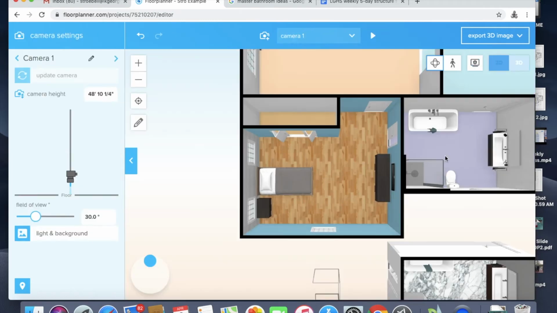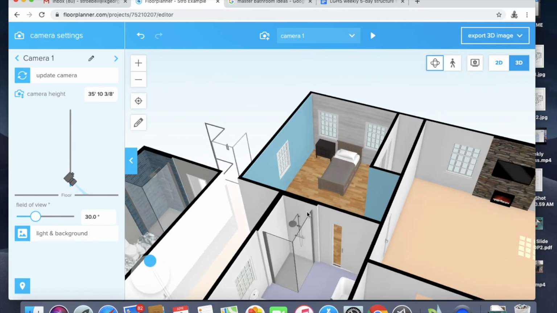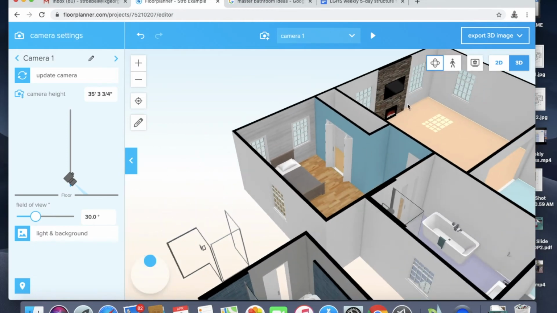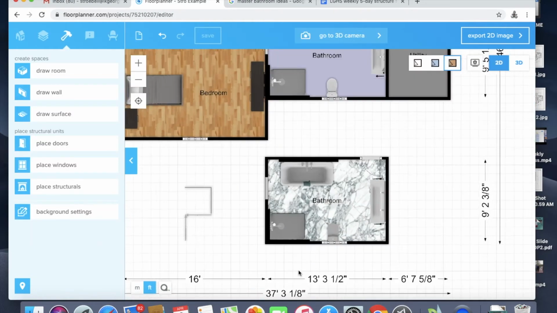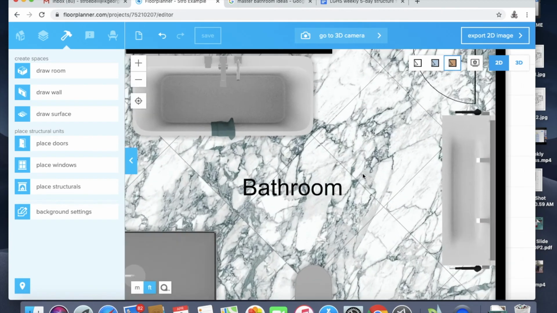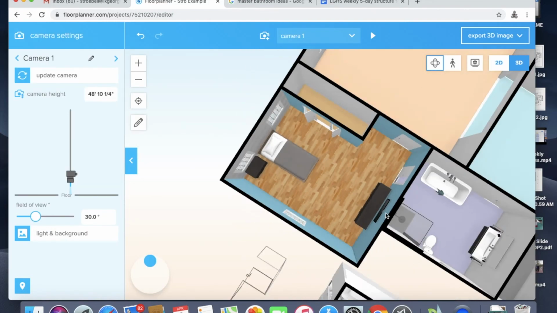I'll go to my 3D to see what that looks like. And again, right now, it shouldn't really look that much different than the other wall, and it doesn't because they're all the same color. But if I go back to my 2D view, just like I did in this example, I used some really large floor tiles, marble tiles, whether you like the color or not isn't a big deal. And then what I did with this one is I did an offset